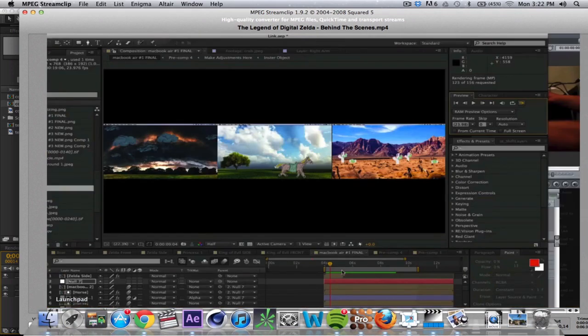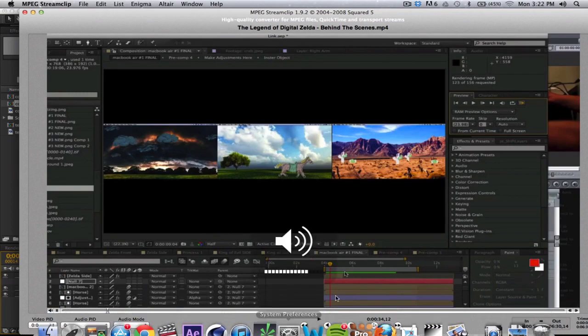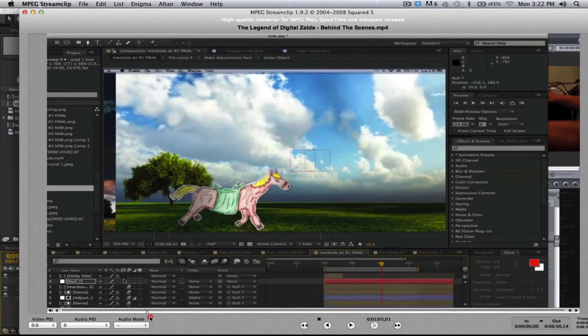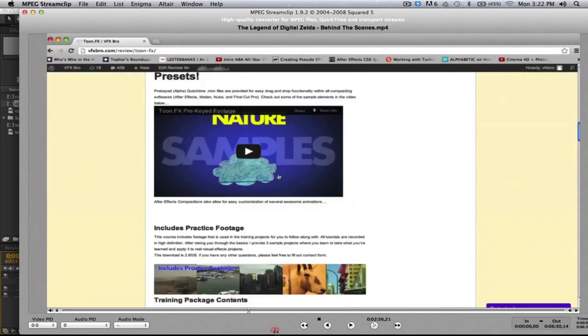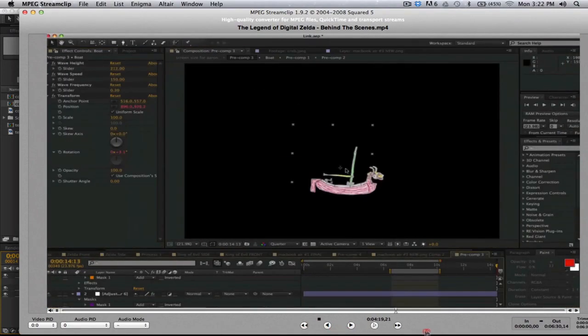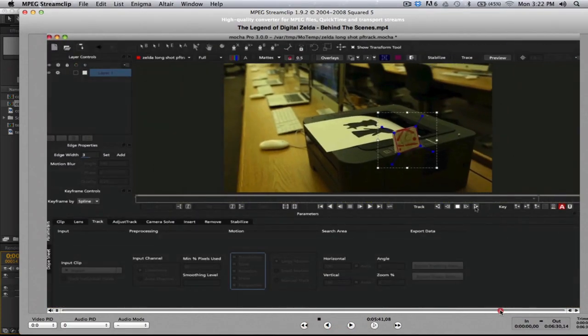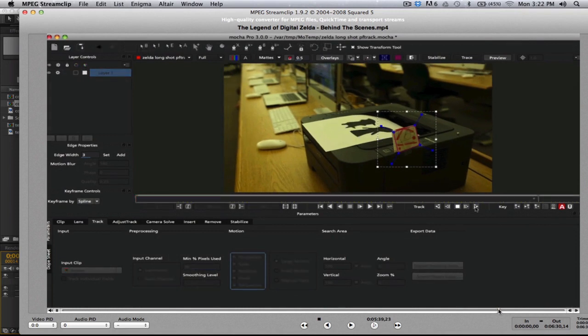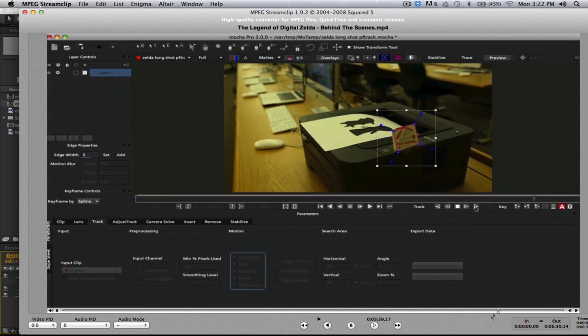So all these were done in Mocha Pro. And we have these animations that were set up in After Effects and then linked. And this last shot we had here was kind of cool, where we actually use two different 3D motion